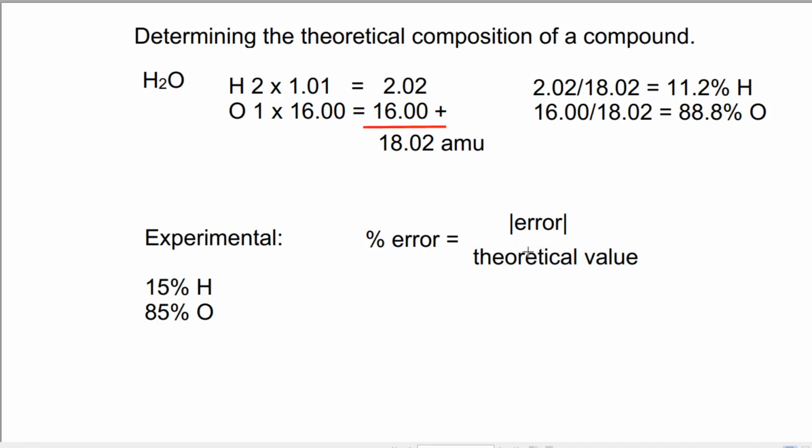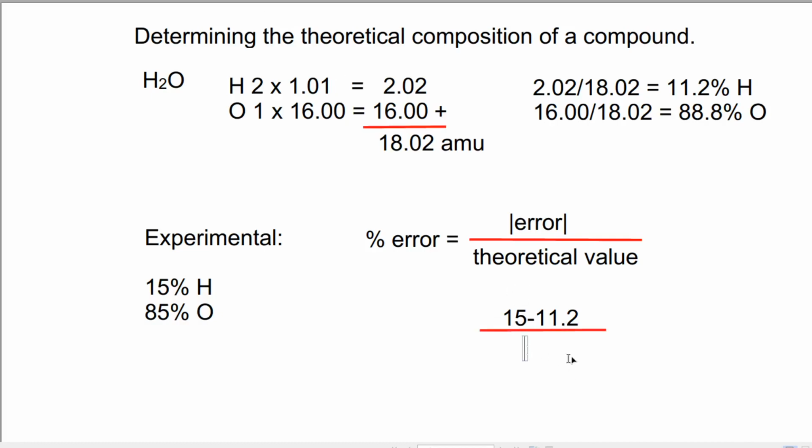And so that's the formula that I would be using to do that. And so the error is the difference between what it should be and what I got. And so my error would be 15 minus what it should be, which is 11.2, and that's going to be all divided by my theoretical value